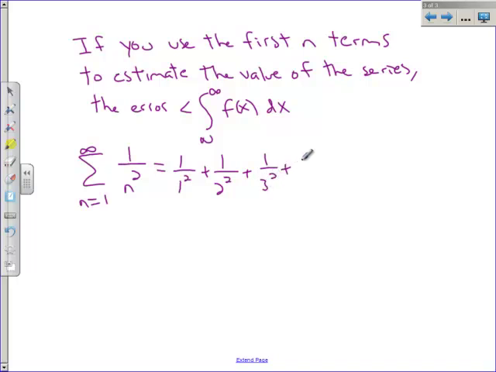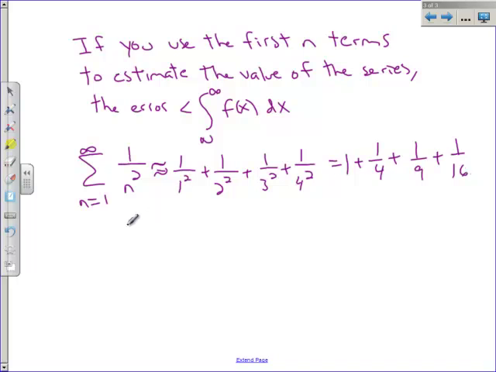Now let's go one more, and then plug in a 4. So let's just say we stop there, and this is what we're using to approximate the series. So this would be 1 plus a 4th plus a 9th plus a 16th, whatever that works out to be. Obviously, we've left off a bunch of terms,